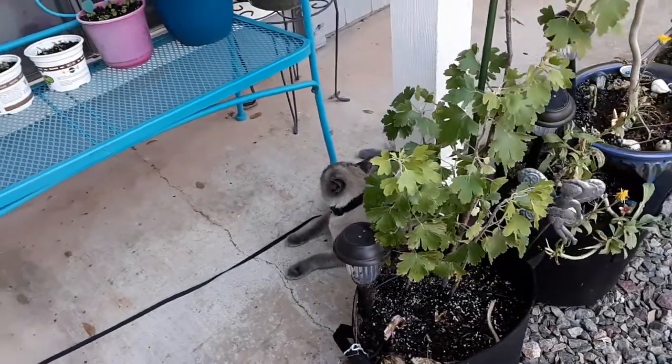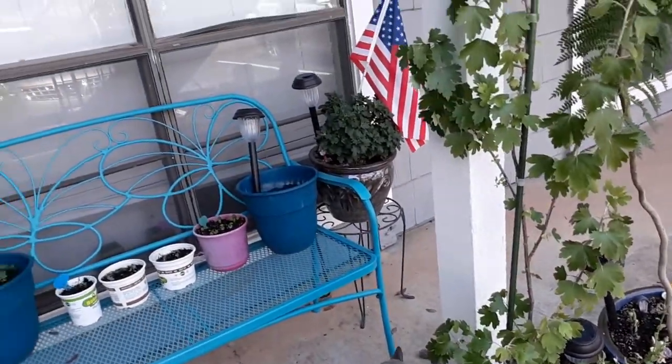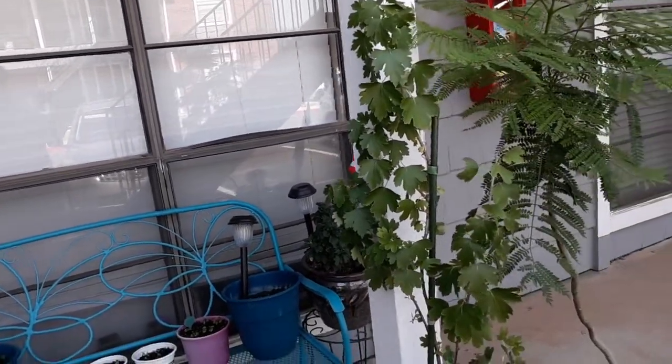And then the currant bush is doing great. I just finished watering the garden, so it's doing great. It's happy it got water today. And y'all,